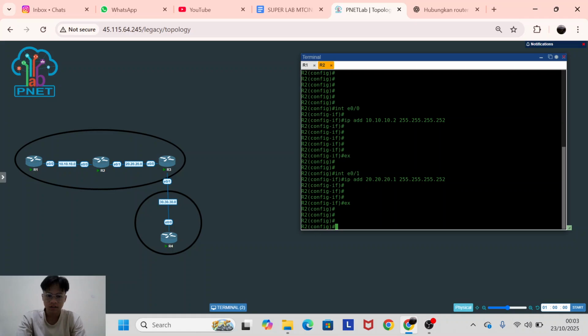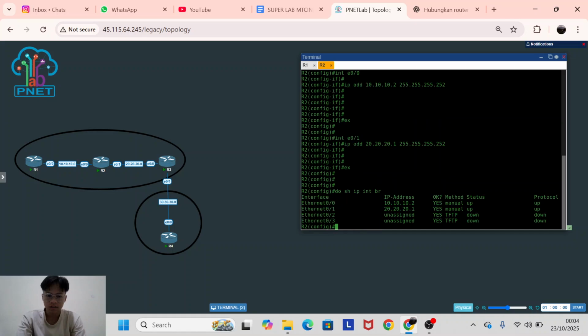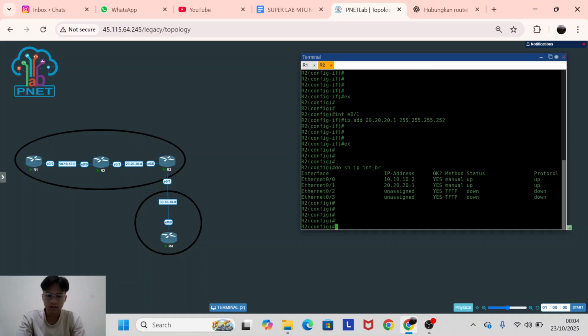You can try show IP interface brief, using do because it comes from layer 1. Okay, this is the interface here.